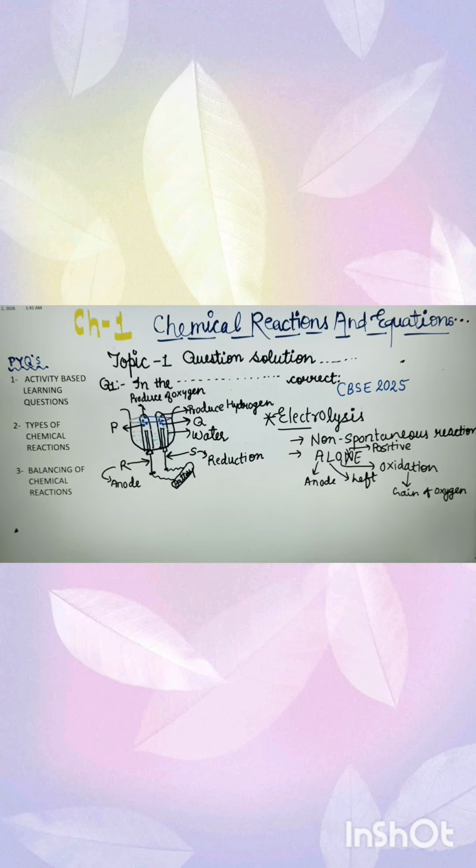So P is what? P is oxygen gas, and Q is what? These bubbles denoted here are hydrogen gas. And R is anode, S is cathode, because here there is reduction, and this is anode, and here there is oxidation. So our option C is correct, because here